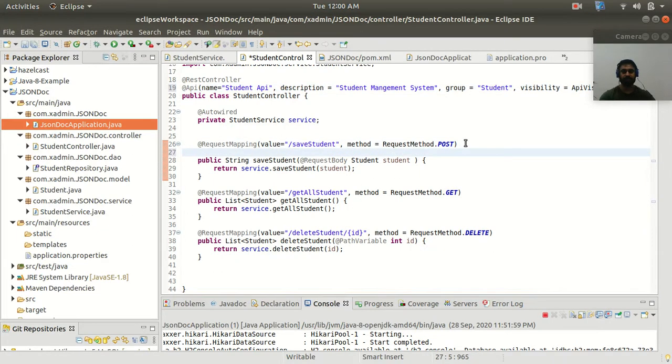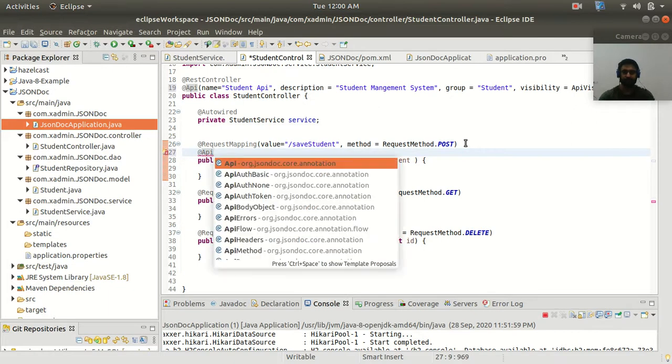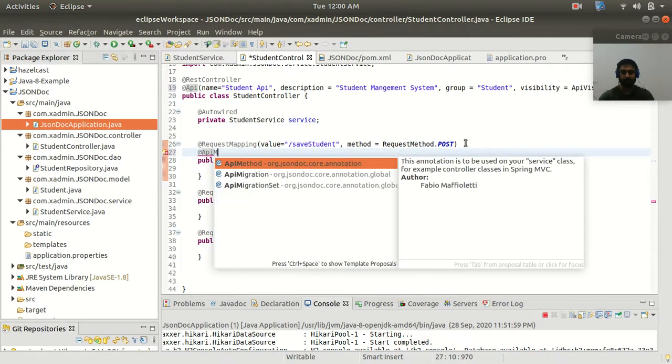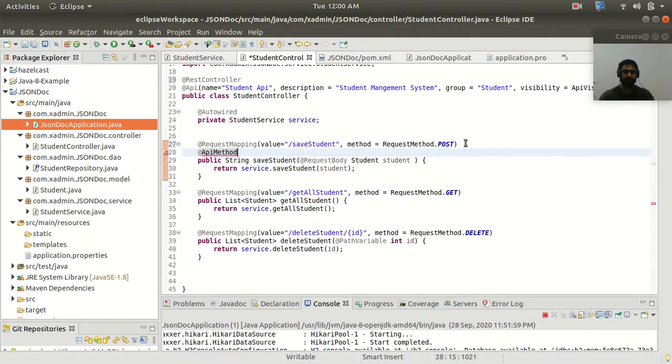Let's add some description for this save method. In the same way I can use the API method, and here I will use a description. Let's add a description like "add a new student".